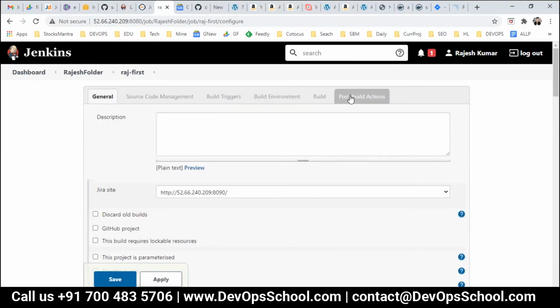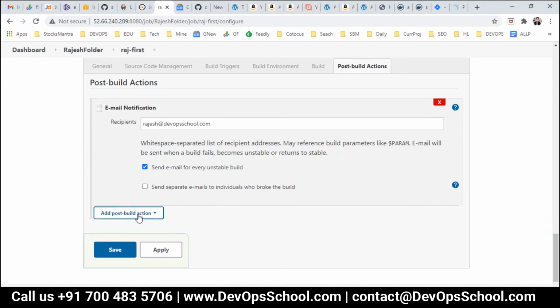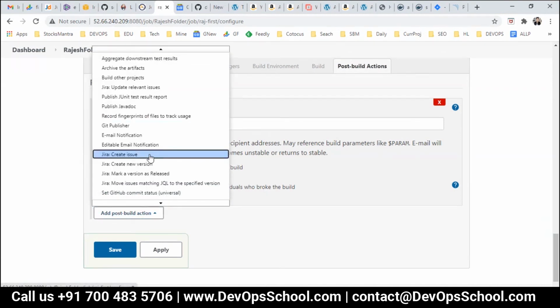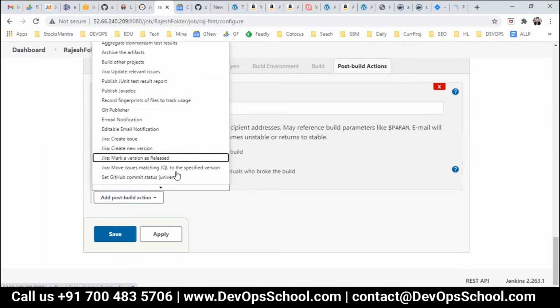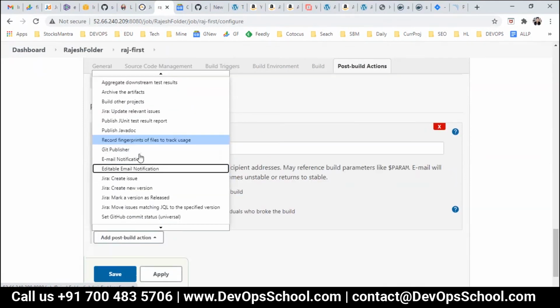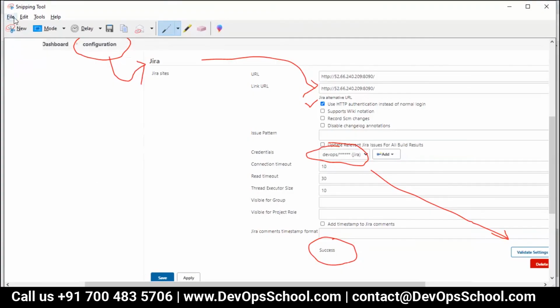Where? Post build actions. Here you're going to add, what is this? Jira issues. Okay, create Jira issues.